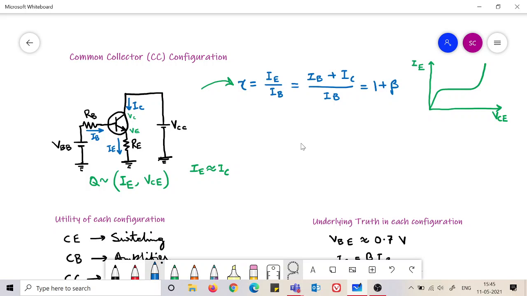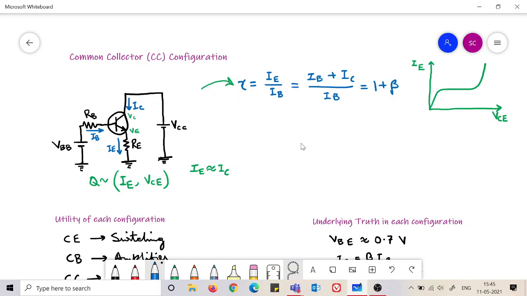Normally beta is in the range of 50, 100, something like that. So does gamma make any difference? Do we need to provide a gamma additionally? We can use the same beta in most cases, because beta and gamma are very close to each other. Gamma is just beta plus 1 and beta is very much larger than 1, so gamma can be approximated as beta only, but in order to be specific we can use this.